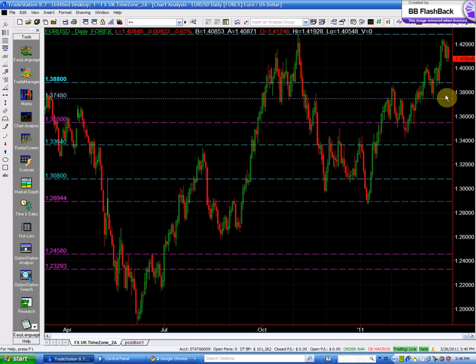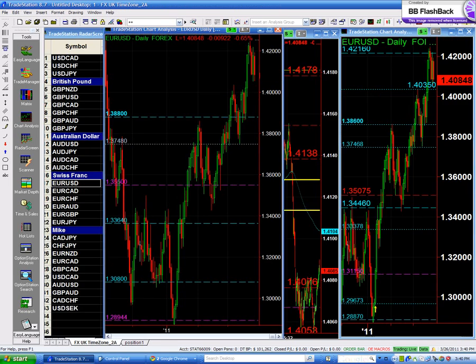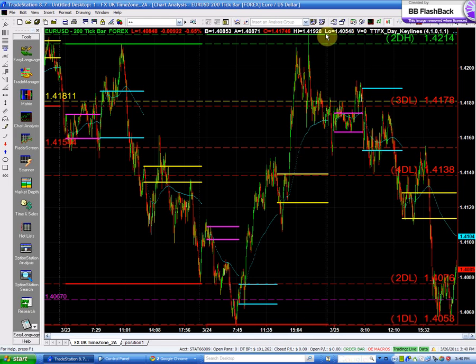So I wouldn't be gung-ho on selling the euro dollar. I will be selling it when it takes out these lows or takes out this high, which is the 140 handle. We're going to see that. And the bias here, again, since the euro is reasonably strong and the dollar is reasonably strong, we need to be careful or be precise with our entries. So we would take the entry from the intraday. Yes, my bias is to the downside,